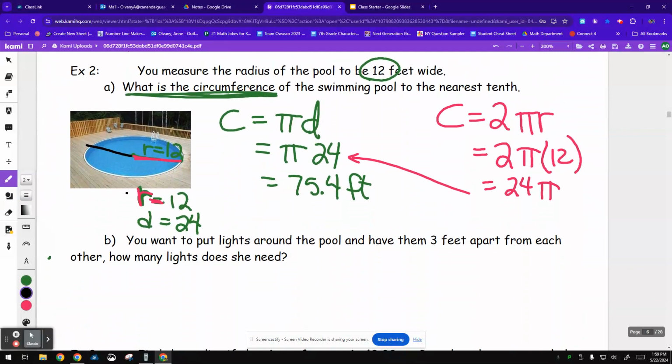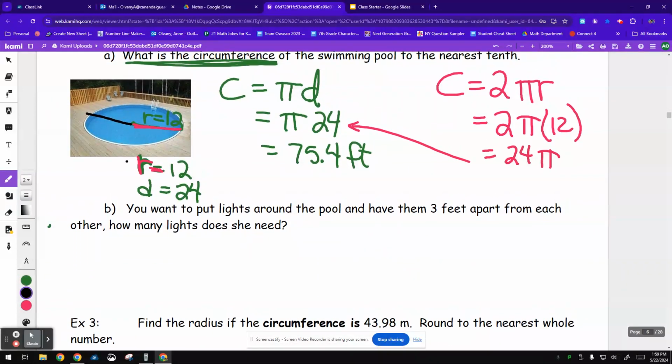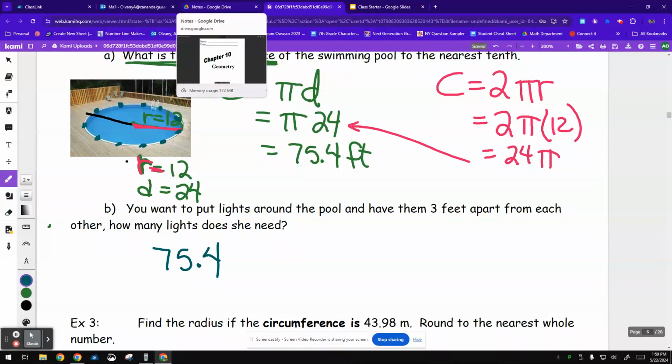Okay, so now you're me, and you want to put lights around the pool, because that's pretty at night. You want to put them 3 feet apart, all right? So I want one here, I want to put them all the way around. What measurement goes all the way around? The circumference. So I'm going to take 75.4,